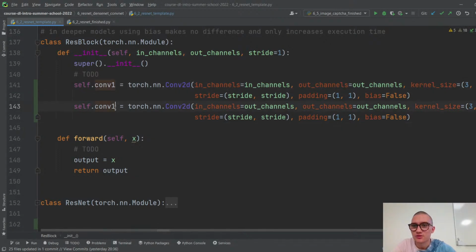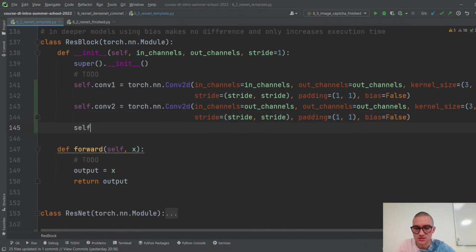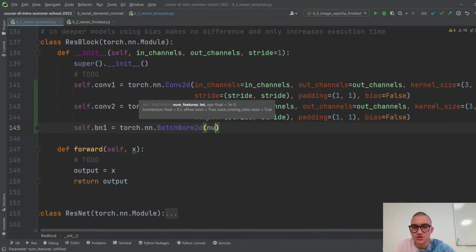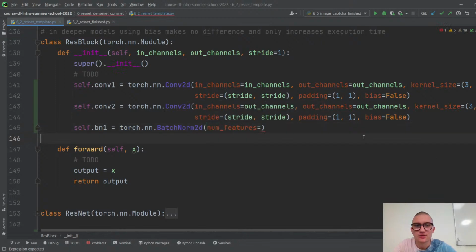So we have conv2 with the same kernel size, the only difference is that the in channels is out channels and the out channels are out channels too. So these are our two layers of the convolution. Then we have batch norm 1, batch norm 2. So we need additional self.bn1, which will be torch.nn.BatchNorm2d, which has num_features, epsilon, momentum, and so on. We do not need that. So we have out features,